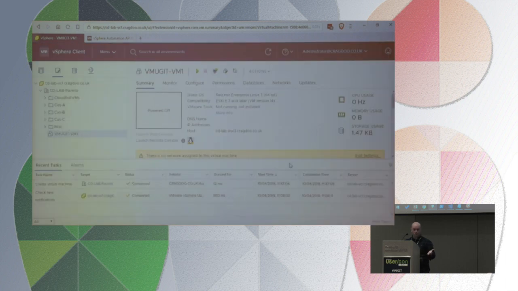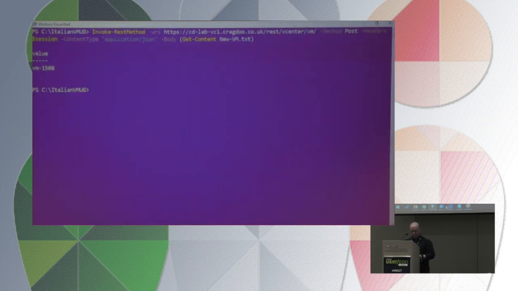So we could verify that in REST as well. We could say, well, hang on, I don't want to have to do my REST call and then go to vCenter and then come back. Within REST, I can do a